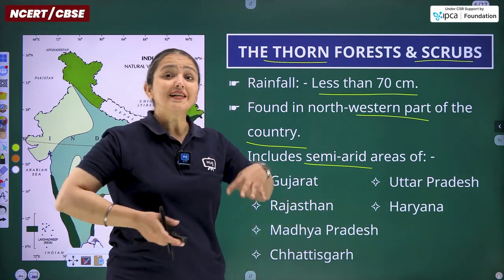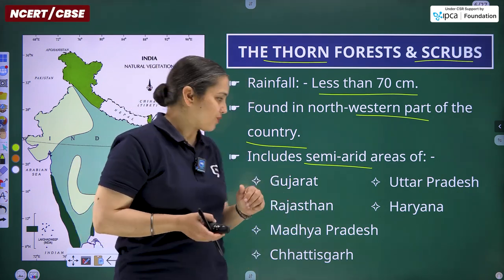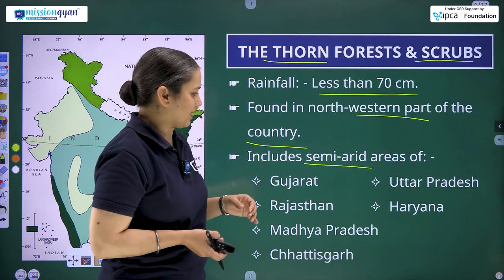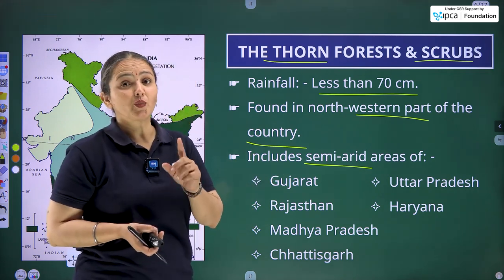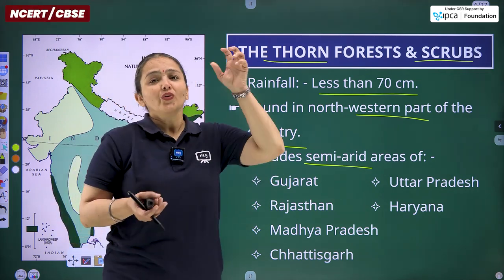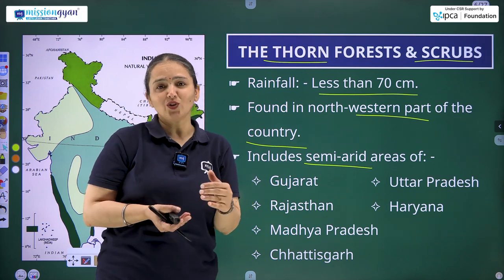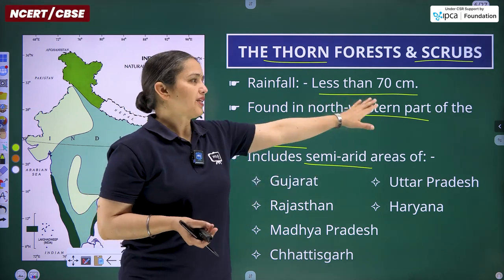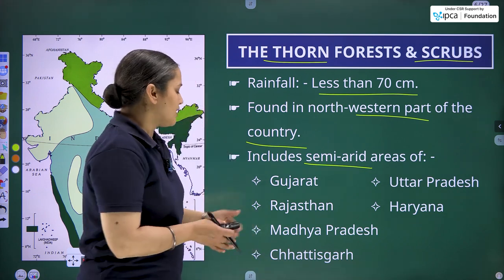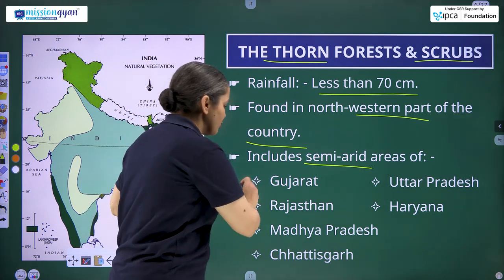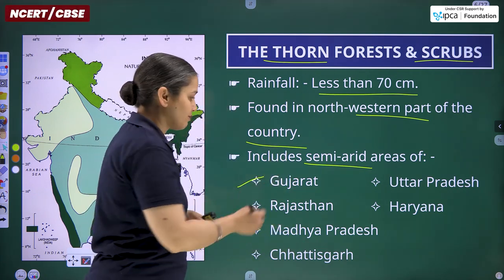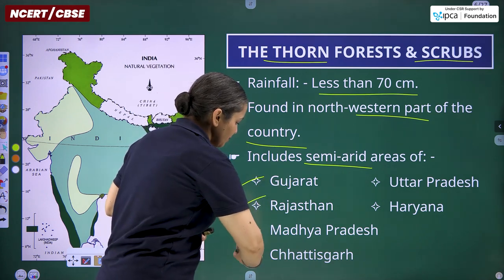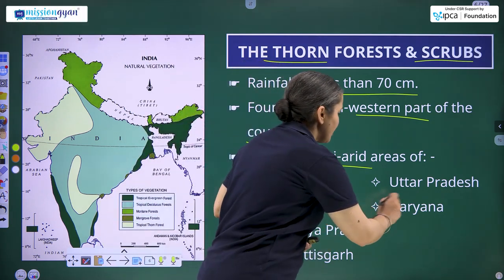So these are not entirely dry regions, but half dry, half wet. And by wet, we are not talking about water-soaked clothes. We are talking about a region that experiences more rainfall than 70 centimeter. These regions are the western parts of Gujarat, Rajasthan, Madhya Pradesh, Chhattisgarh, Haryana and